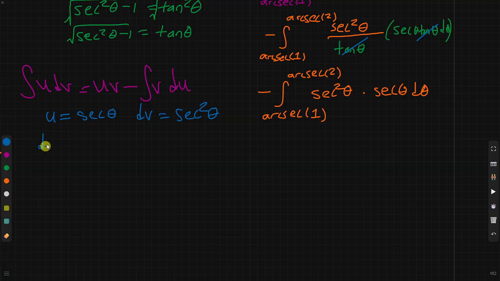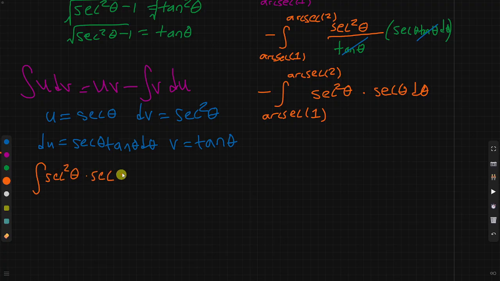Differentiating u, you get du is equal to secant theta tangent theta d theta, and integrating dv, we get v is equal to tangent theta. All right, so now we have that the integral of secant squared theta times secant theta d theta is equal to uv, so secant theta times tangent theta,